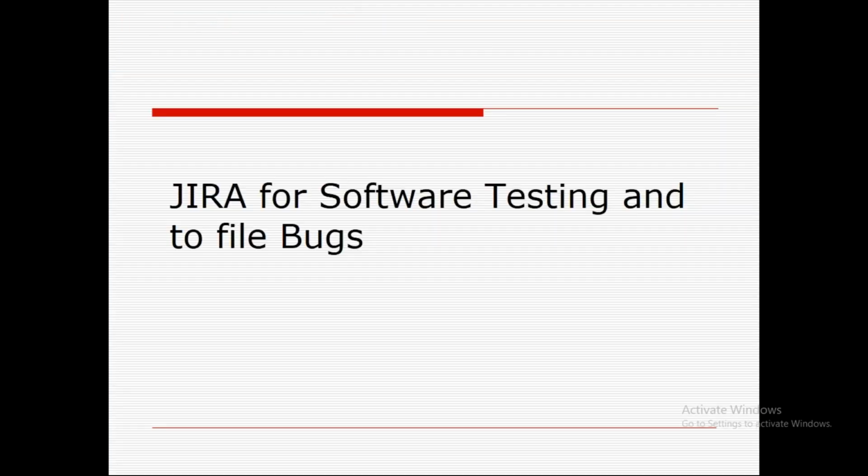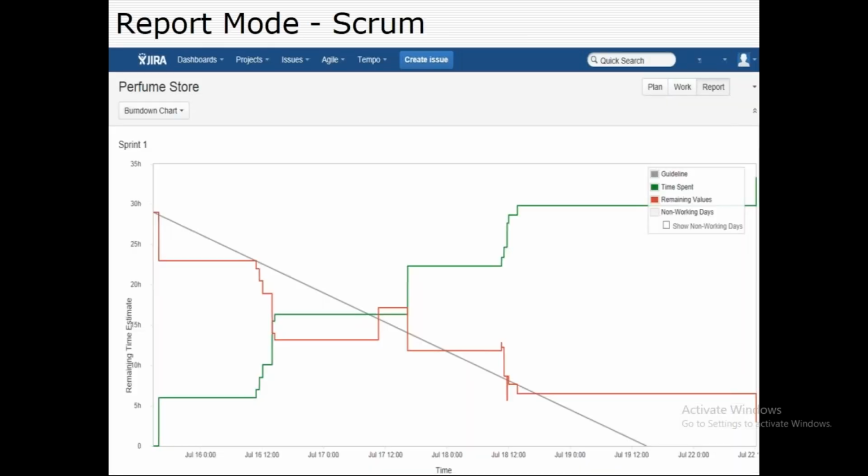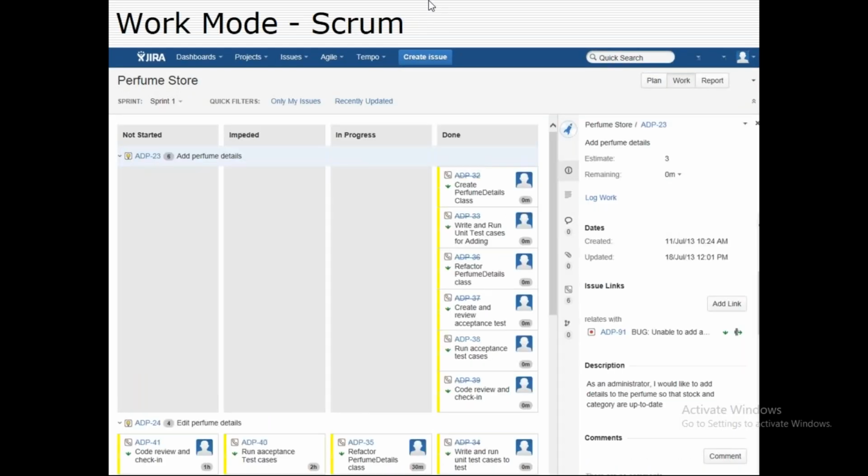Now, Jira for software testing and filing of bugs. Jira is used majorly for filing of issues and making sure those issues are closed. To create an issue, there is a button to create the issue. The moment you click on create issue,